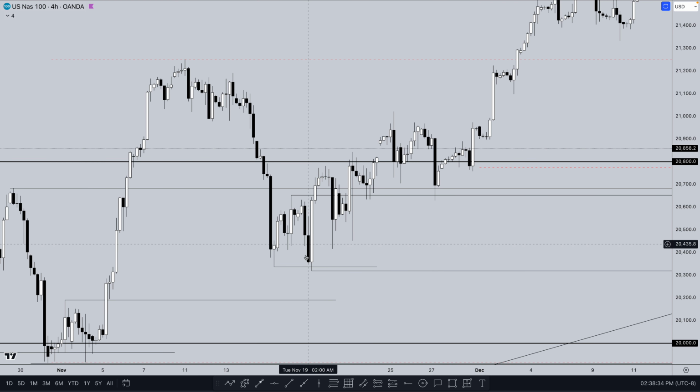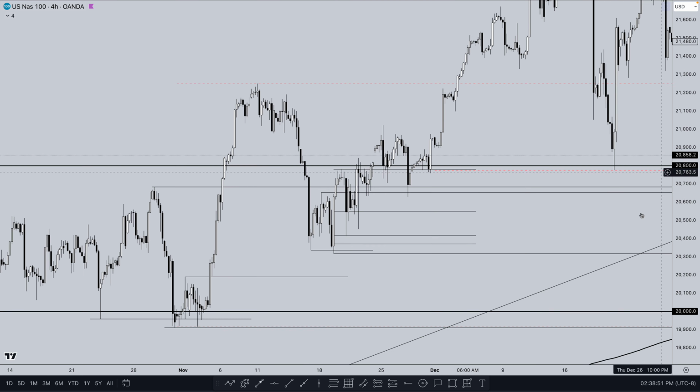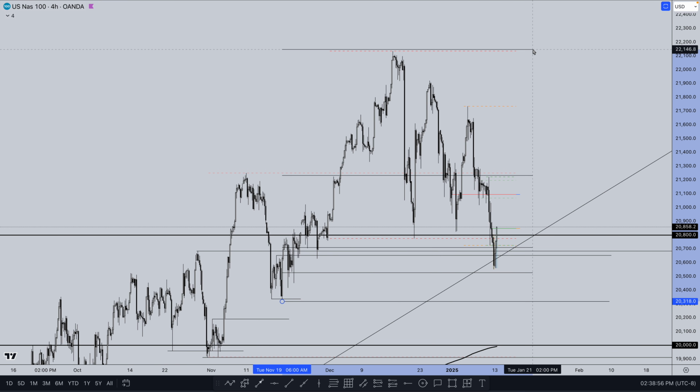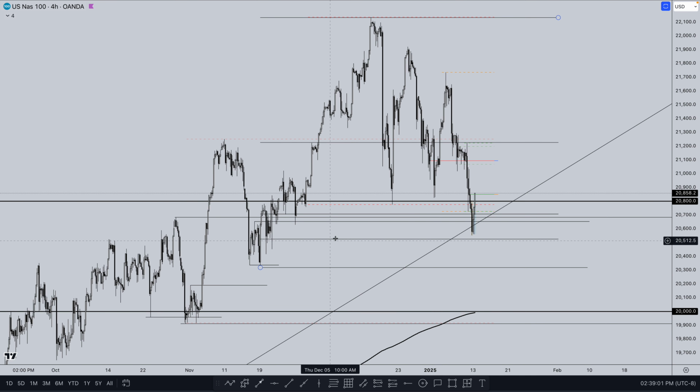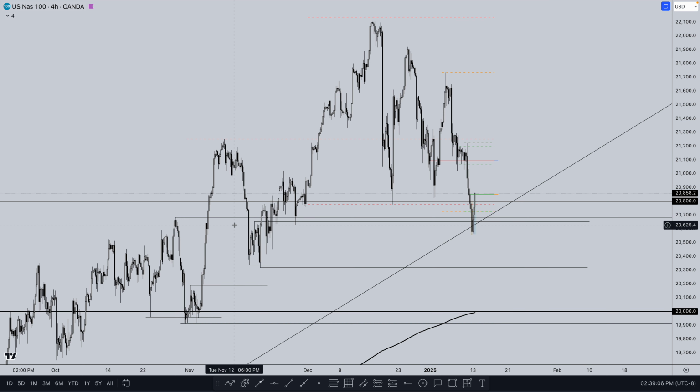And on top of that, if you would have drawn the fib from the lows that swept to the highs that broke above, we see that we pretty much respected this 50% here in the middle, and then at the bottom 786, 886. So pretty solid movement, and then price has flown ever since. If you extend this to the all-time highs, we see that we're around that same area, 786, 886.